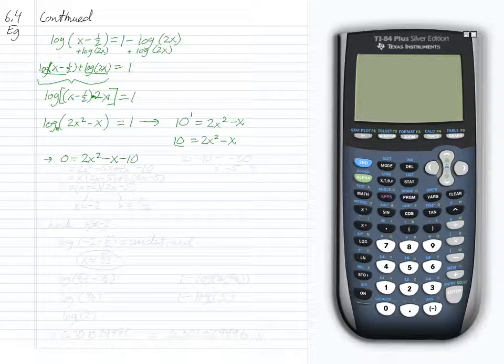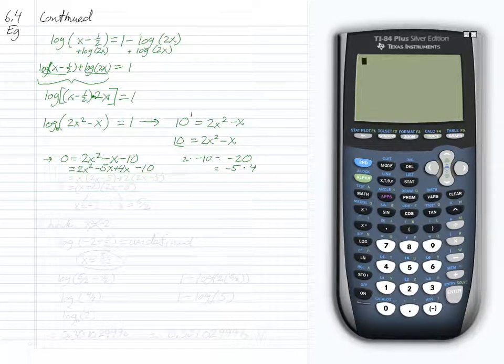I'm going to go with the AC method. I notice that 2 times negative 10 is negative 20. One factorization of which would be negative 5 and positive 4. So, I will break up the middle term of my equation, calling this negative 5x plus 4x minus 10, and